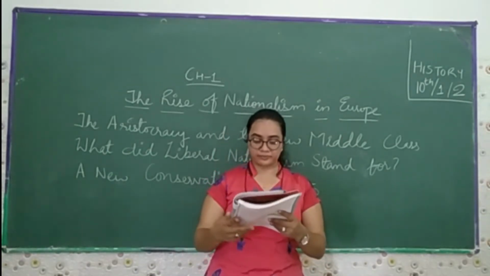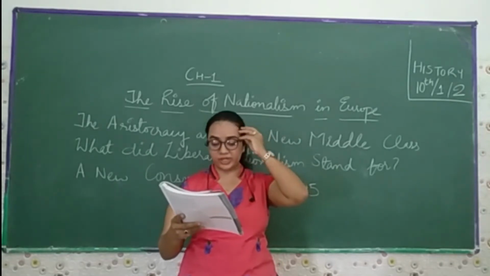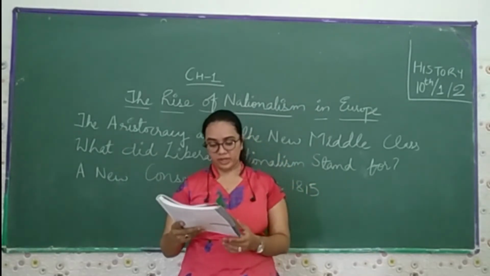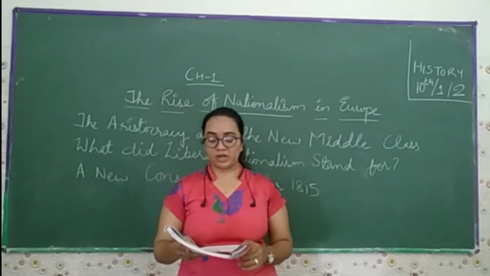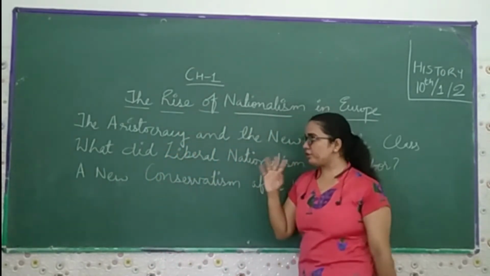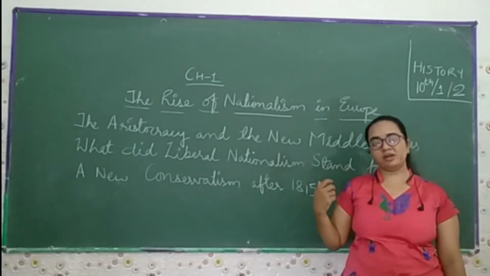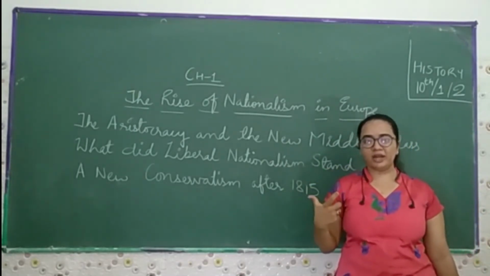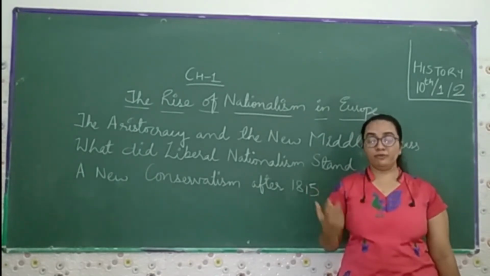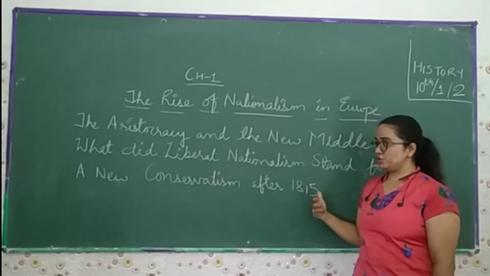In this case, the differences did not promote a sense of political unity. The only tie binding this diverse group together was the common allegiance to the empire. The aristocracy and the new middle class. Here, in this chapter, the points we have to cover start with the aristocracy and the new middle classes, because most of the middle class were educated, and they had the idea that we want democracy, our own government, our own representatives, and they wanted to make their own constitution of the country.